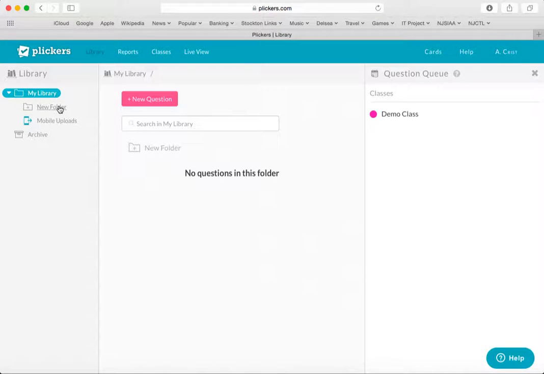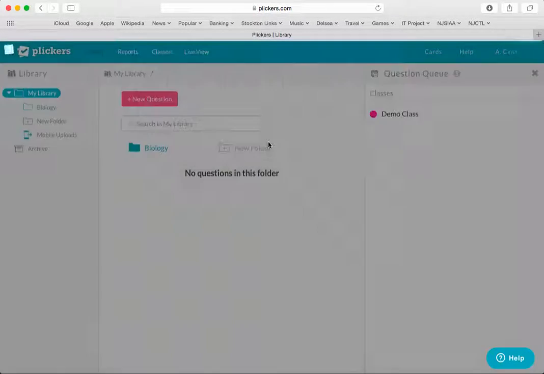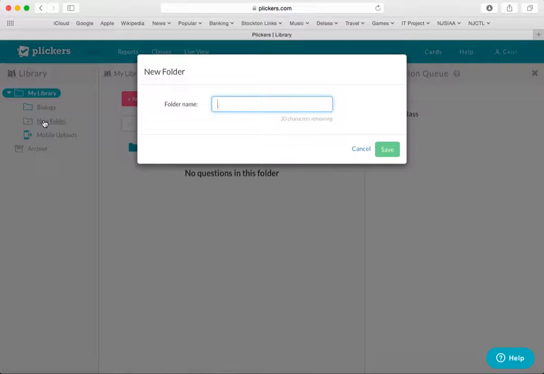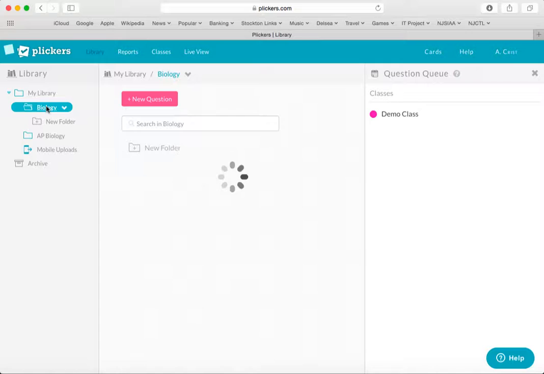And we're going to start by creating a new folder. I'm going to call it Biology and then press Save. And I can also create a new course or a new folder, and I'm going to call this AP Biology and then press Save. Okay, and then if I wanted to add questions to biology,